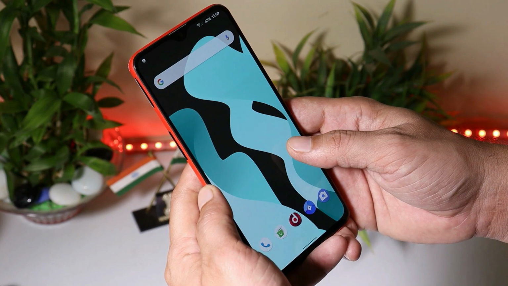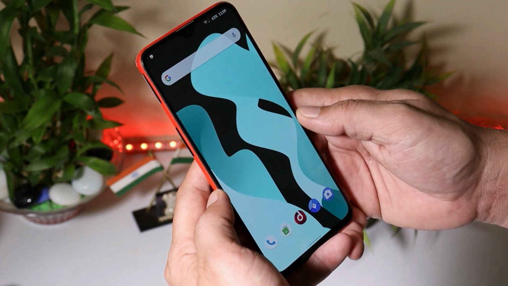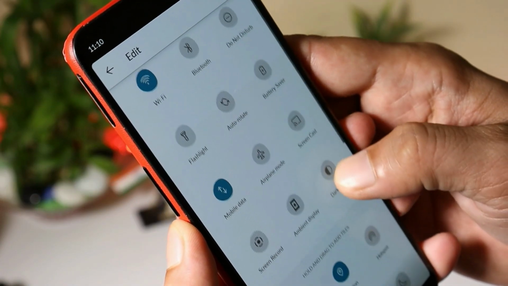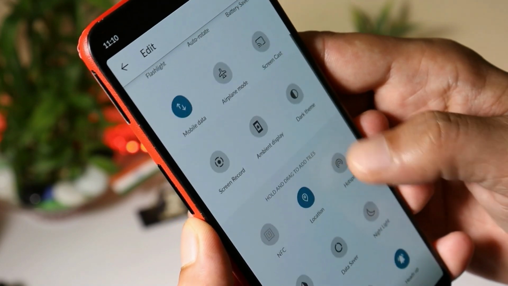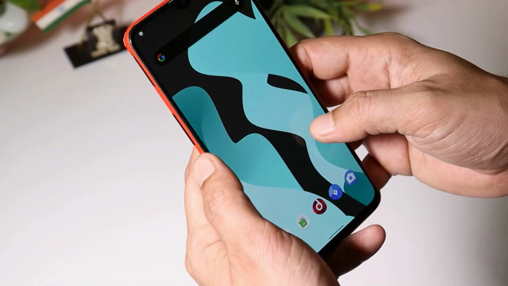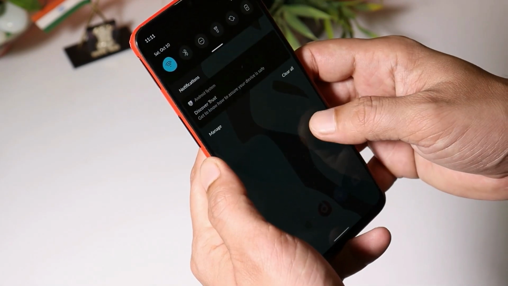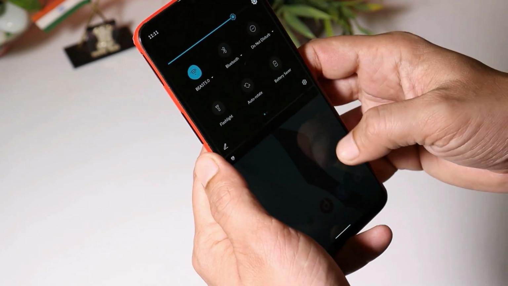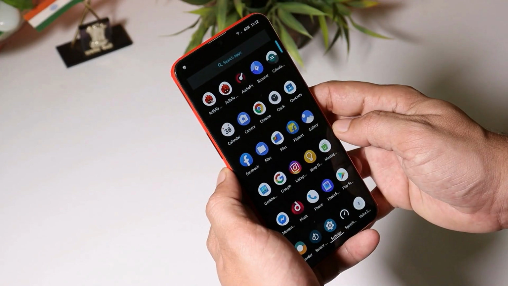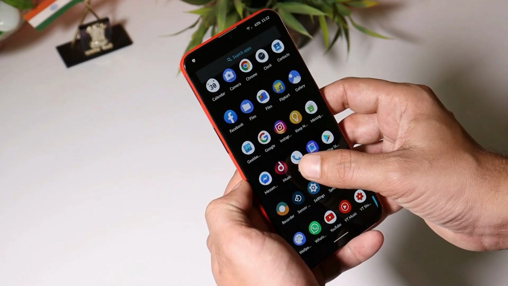So this is going to be the first look of your ROM, which is Lineage OS. You get this nice blurry effect on Android 11 whenever you scroll down your notification panel. This is a quick setting panel which consists of a lot of things like ambient display, dark mode, live caption, volume panels and screen recorder. When you switch to dark theme, the complete system UI adapts to the same theme, and dark theme on custom ROMs is completely pitch black. It's not something grayish like what we get on Oxygen OS. You get these basic applications once you install Lineage OS, like audio effects, USB camera and a music player application.